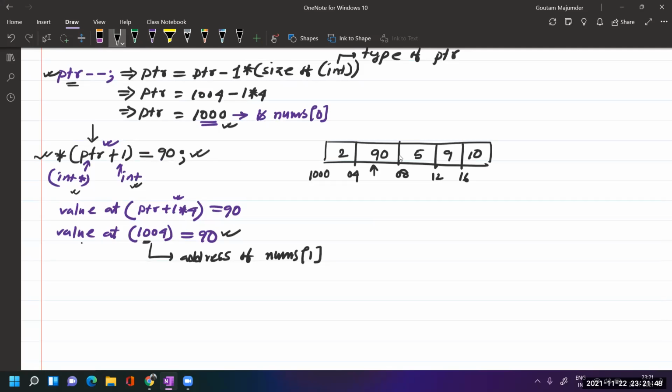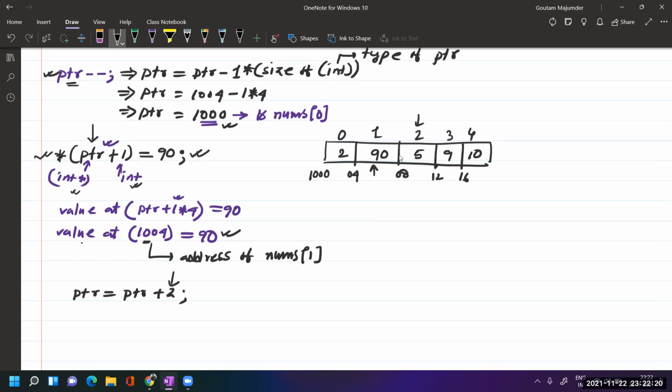Okay, next. Now let us update the PTR. Instead of generating the value, we can write something like this also. PTR equal to PTR plus 2. So now the value of PTR will be incremented by 2. Here 2 is actually C. This was my indexes, correct? So here 2 represents the index.